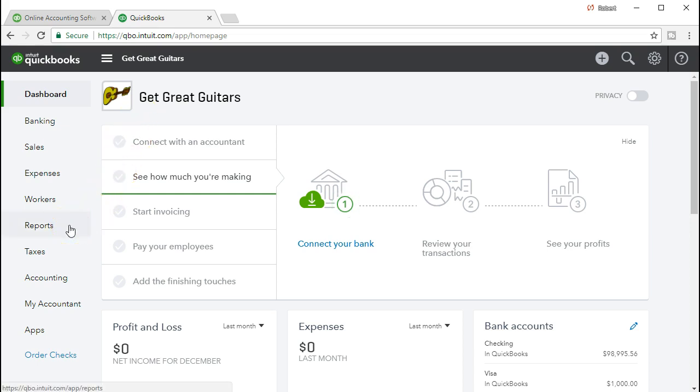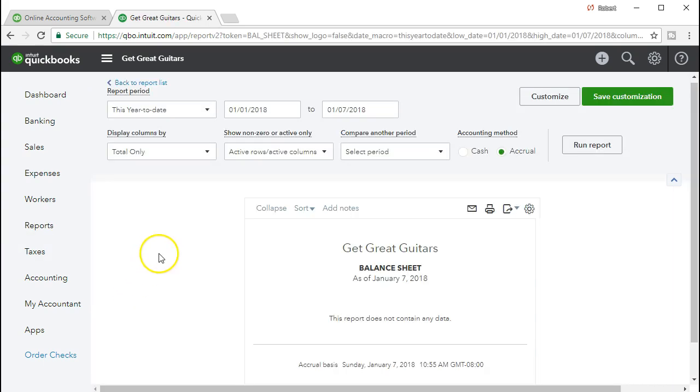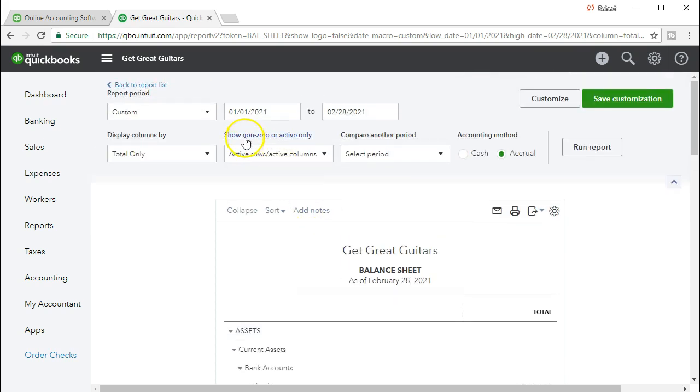So we're going to look at the reports on the left side. Within the reports, we want the balance sheet. We'll select the balance sheet, change the dates to 01/01 to 02/28/21, and we will run that report. So once again, the dates, if we scroll up here, it's going to be January 1st, 2021 to February 28th,